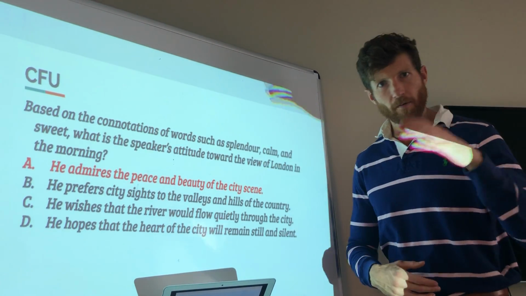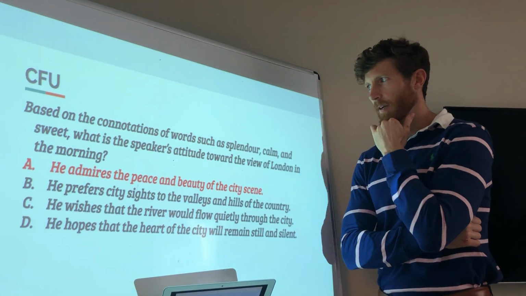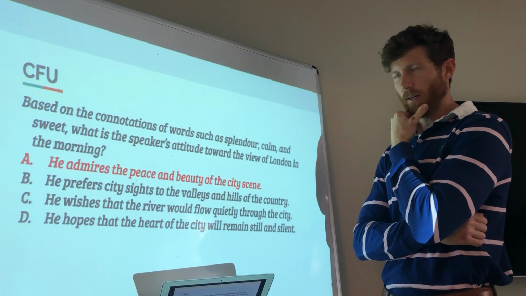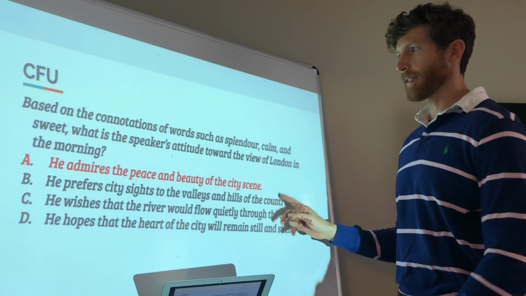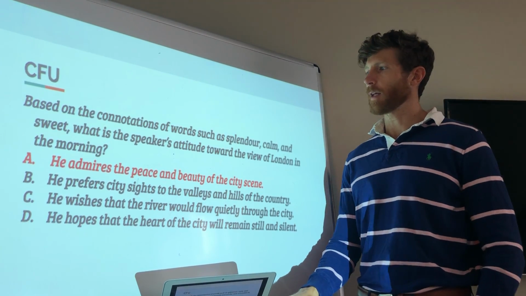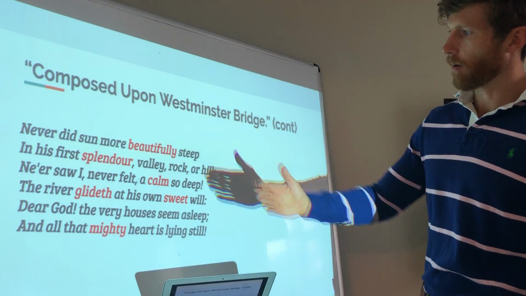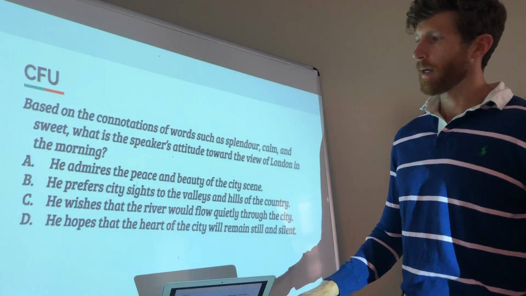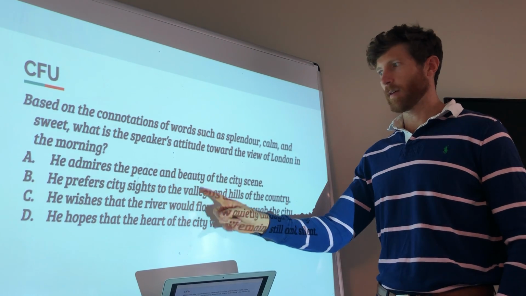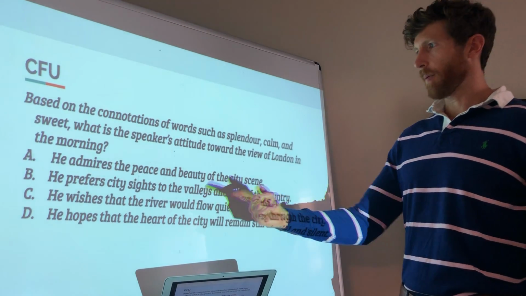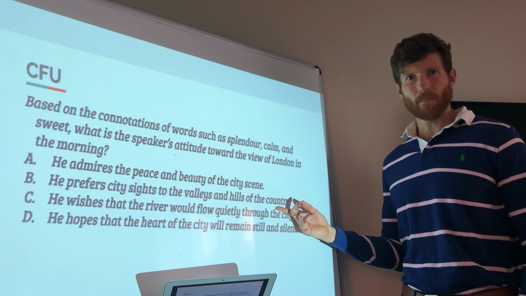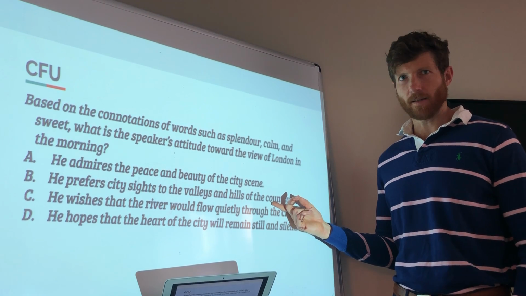All right, so for today's CFU: based on the connotation of words such as splendor, calm, and sweet, what is the speaker's attitude towards a view of London in the morning? The correct answer is A. He admires the peace and beauty of the city scene. If we go back and look at all of these words, all of them point to him admiring the city and thinking it's peaceful and beautiful. B, he prefers city sights to the valleys and hills of the country. He never really mentions the valleys and hills of the country in